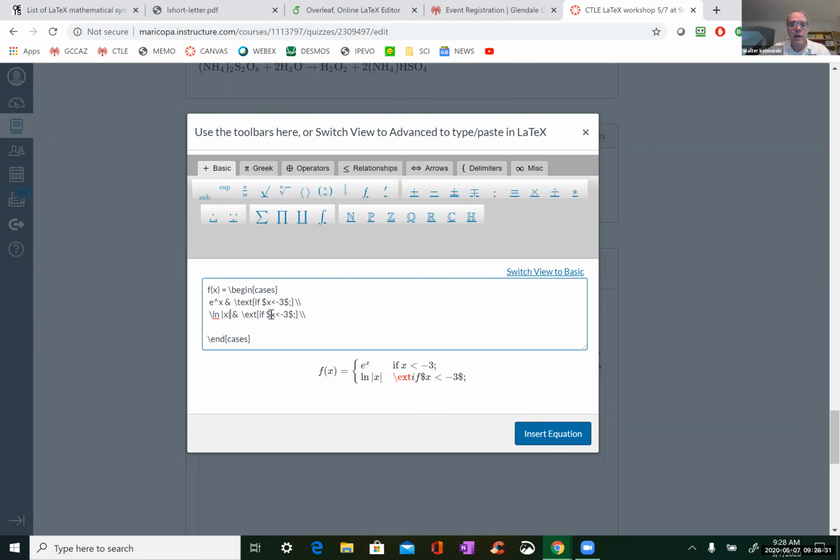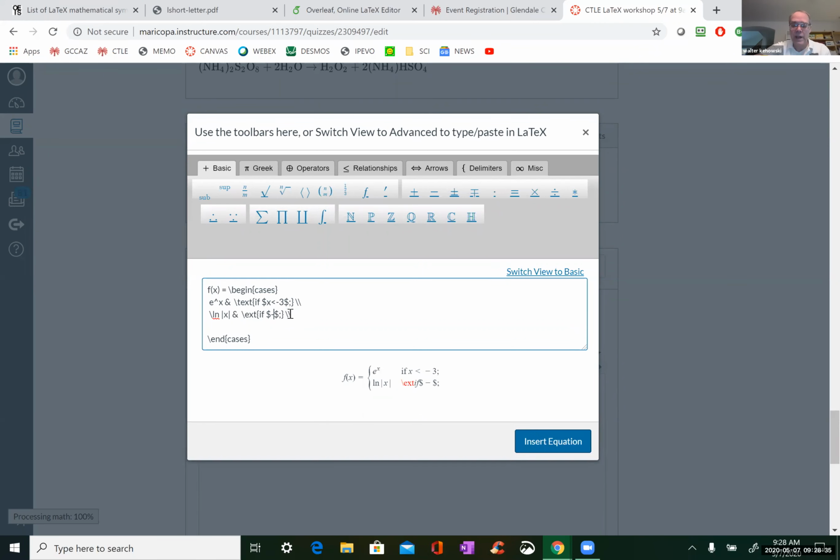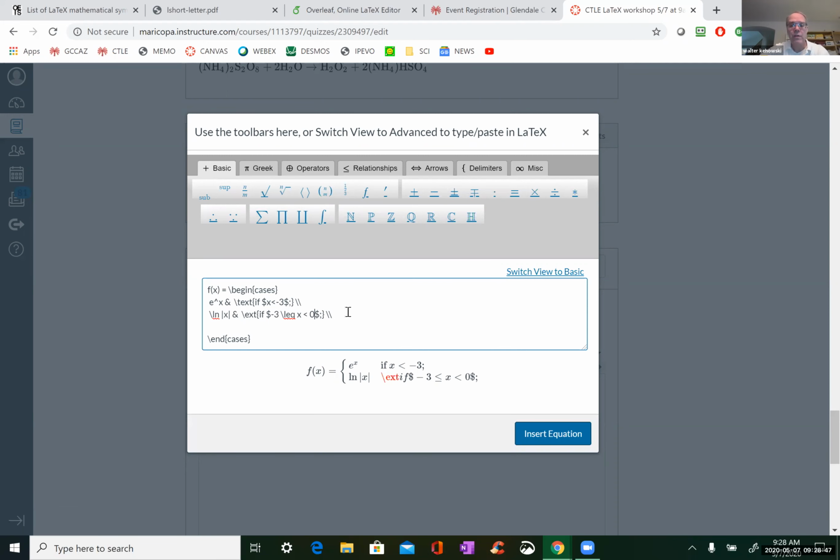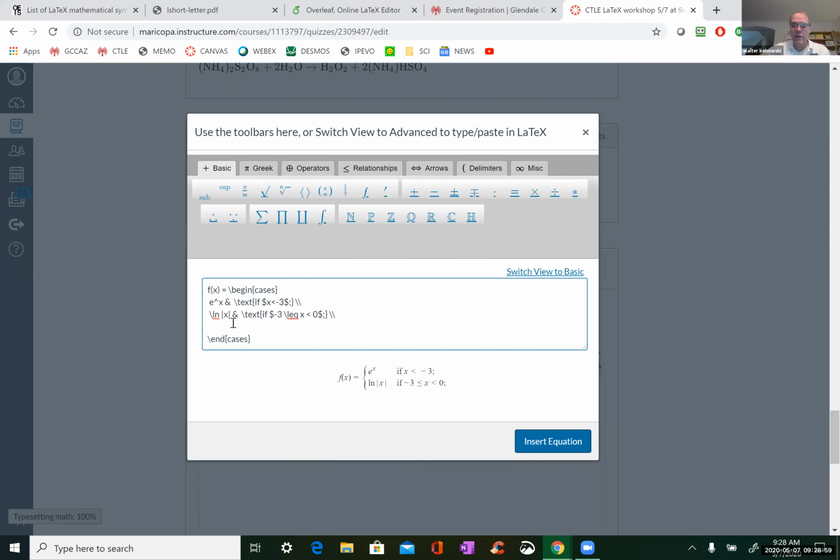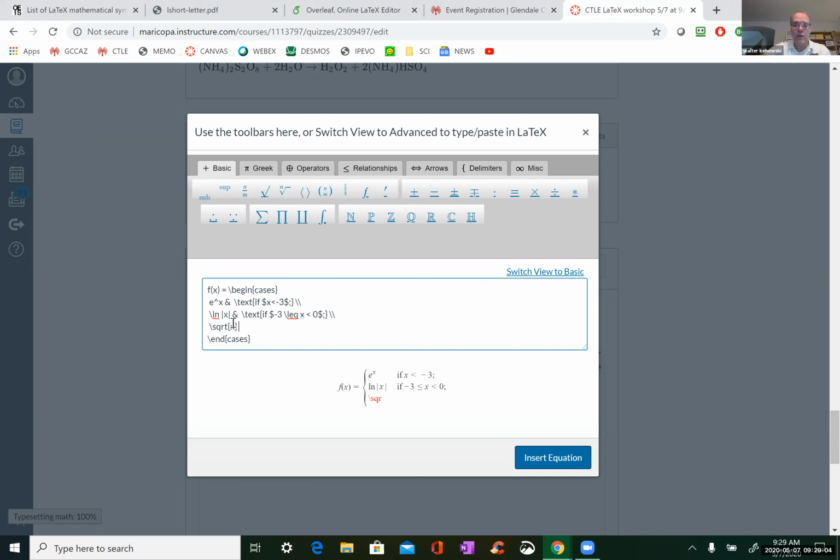I can still do -3 less than or equal to x less than 0, say. I deleted something there, but you notice now it's doing it. And then you can say, say, square root of x ampersand.